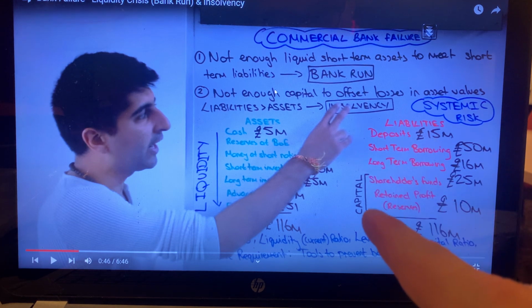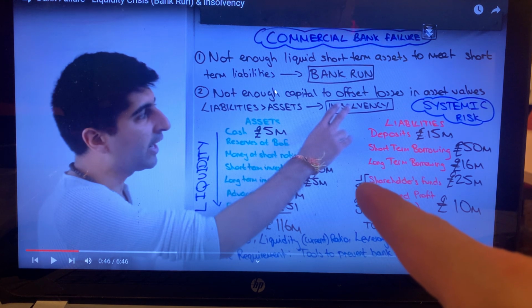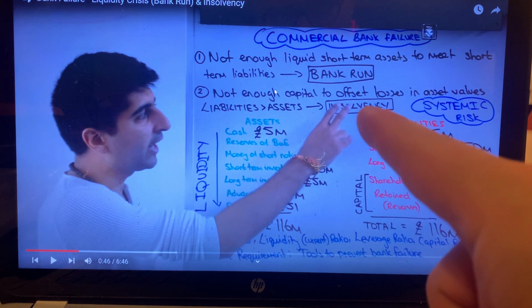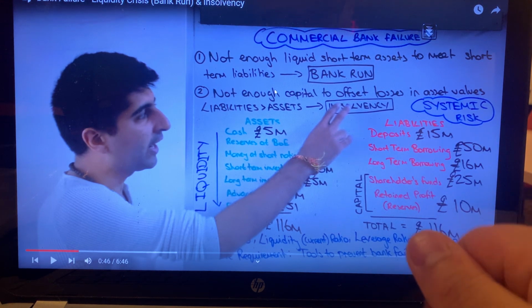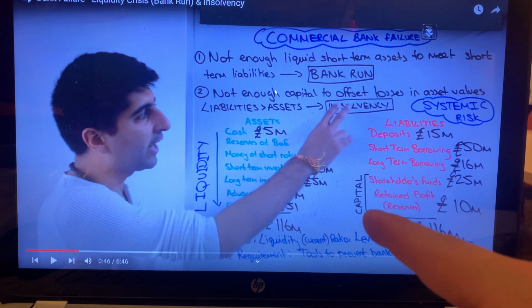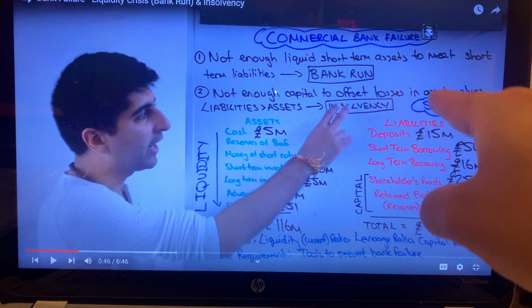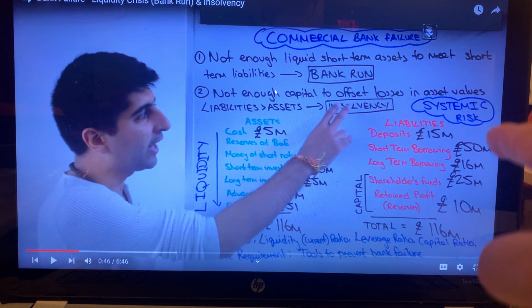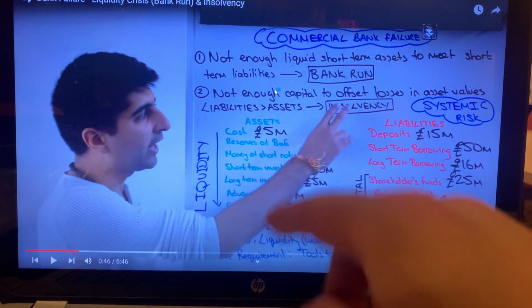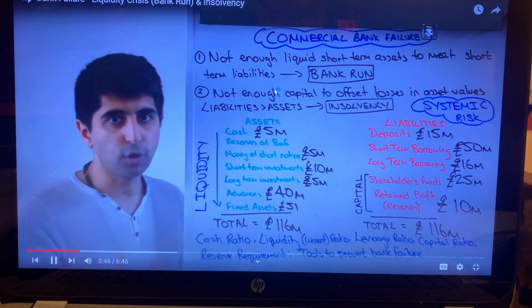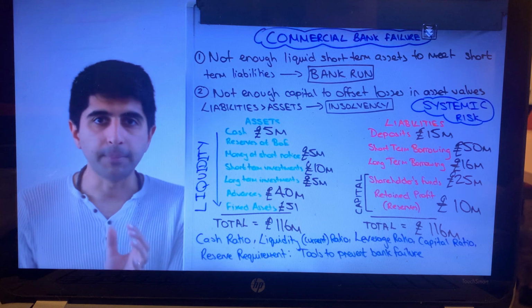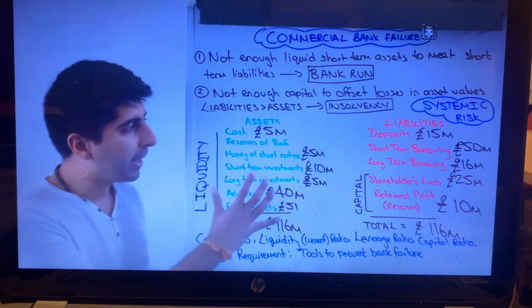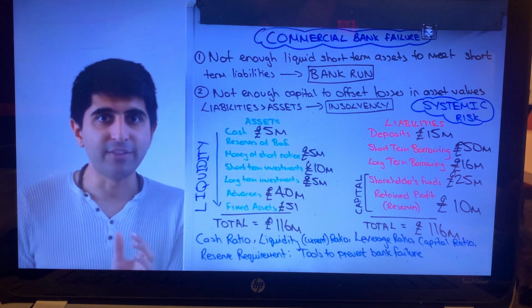Remember that whenever you have defaults on the assets, particularly things like advances, where they've given out a loan and the loan fails, or any other short-term or long-term investment fails, it is not from the liabilities section that the balance sheet is adjusted, but from the capital section. You must have enough shareholder funds and retained profit in order to offset any bad loans. That is called insolvency. Both types, insolvency and a liquidity crisis or a bank run, are the two types of bank failure. Let's look at my balance sheet from my previous video and understand these two in more detail.